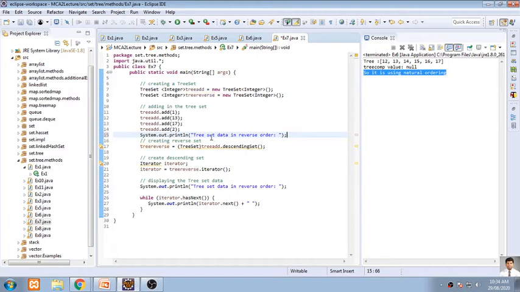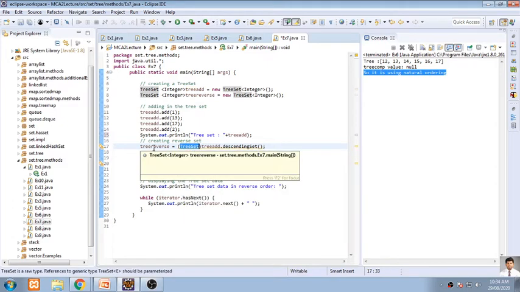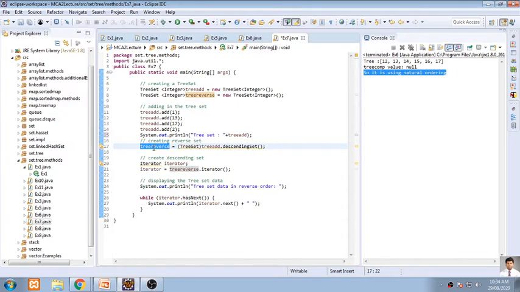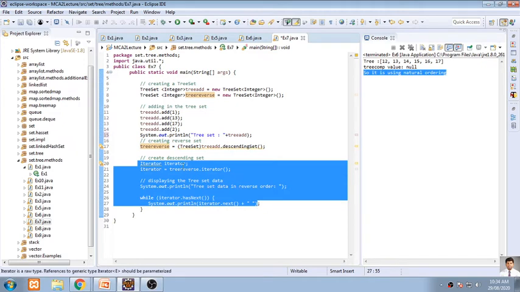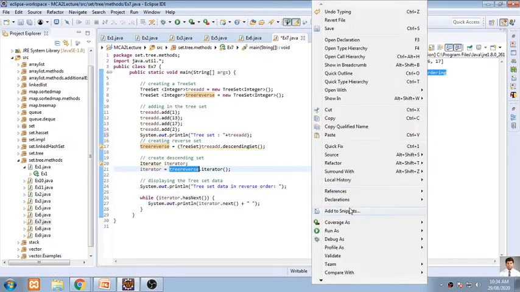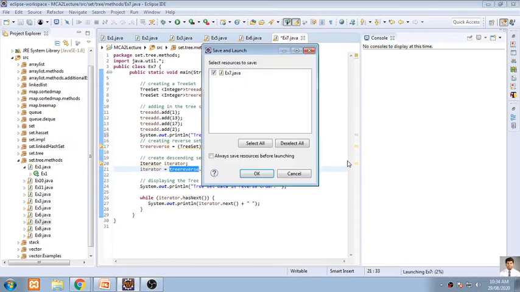So first, after adding this, I will show the tree set at the initial stage, how it is displayed. So we'll go for that one. This tree set will be containing the value, and after that, I will go for descending set. Descending set will be retrieving those values of the tree set. It will be typecasted into the TreeSet class, and it will be added into the object called tree reverse. After that I will be displaying the value of this tree reverse. So, a simple program, but a different way of execution.